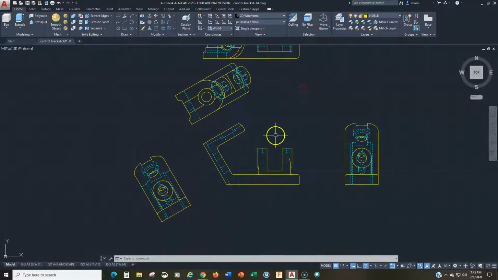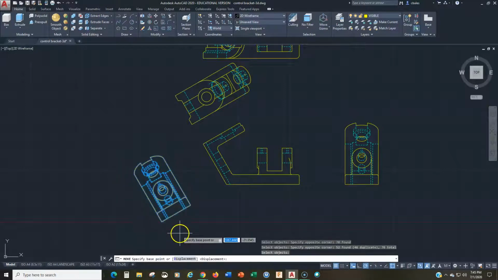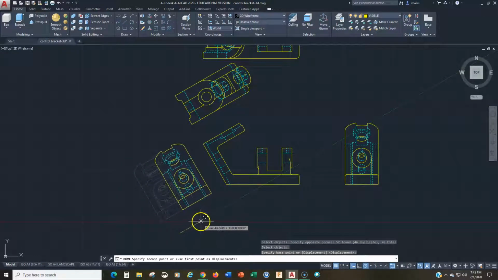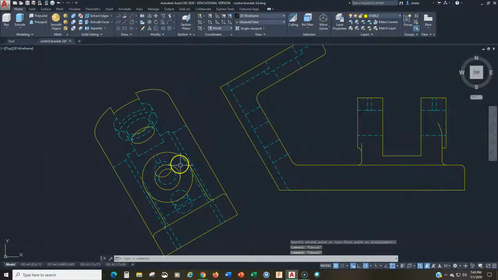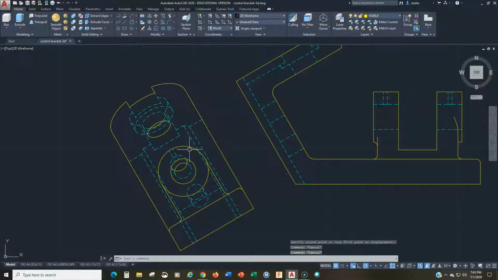Okay. So now we've got everything set up. We can fine tune this a little bit. Let's move this a little bit closer, and we want to make sure we move it along this axis. That looks good. And I want to create this as a,